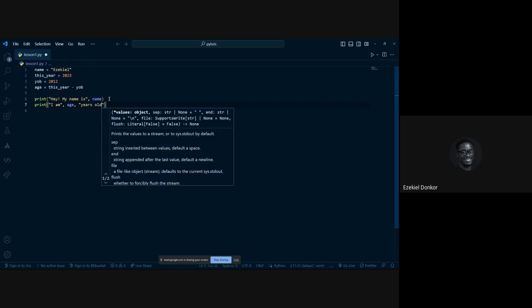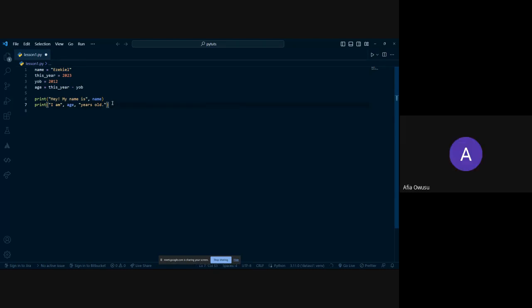So we are saying print, hey, my name is, go and look for name, add it to that sentence. I am, go and look for the age, add it to that sentence and say I am 8 years old, right? So if I get you right, the six, we are repeating the five? No, we're not repeating the five.